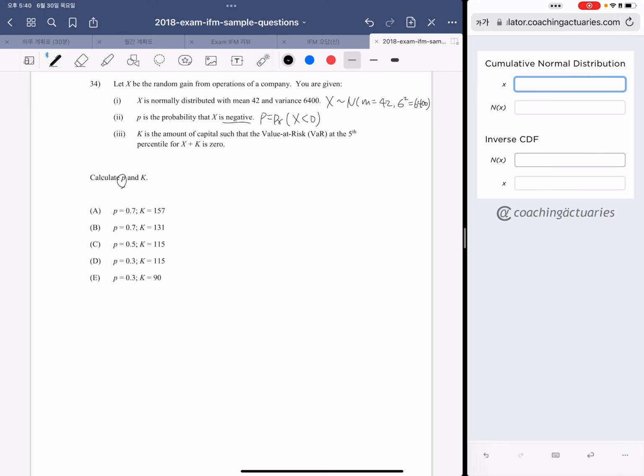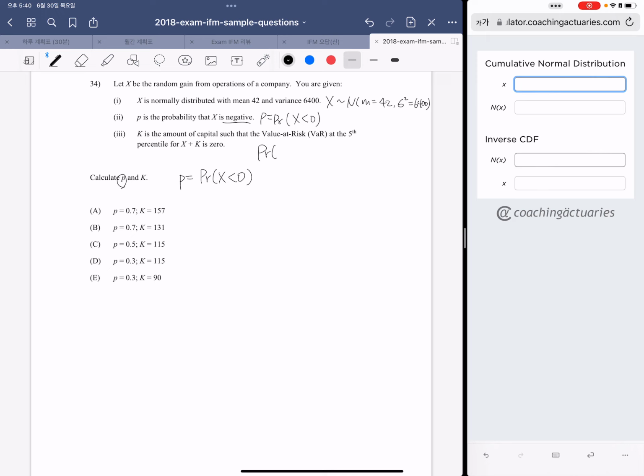So P equals the probability of X is less than 0. In normal distribution,